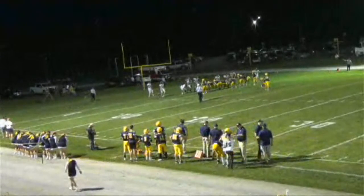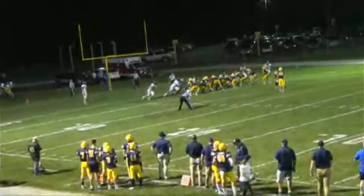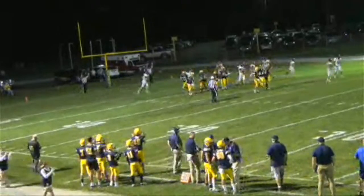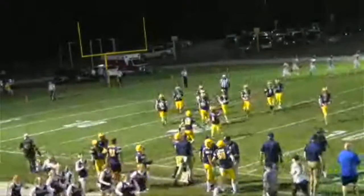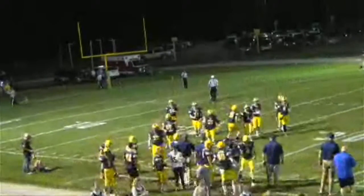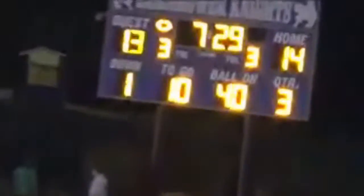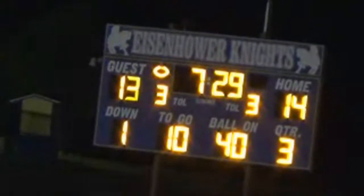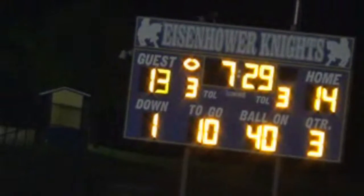And now Wilkins on to put Eisenhower back in front. Kick is up and good. So with 7:29 to go in the Acrisure third quarter, it is Eisenhower 14, Saegertown 13. My goodness, what a start to this second half. We'll be back with more